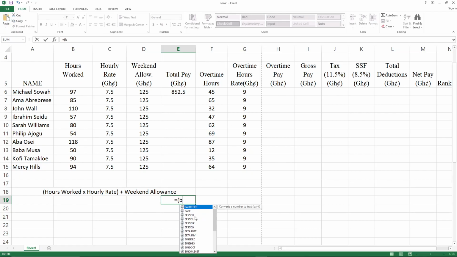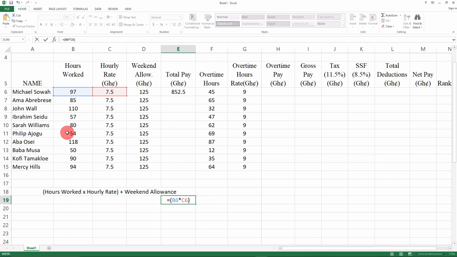So B6, let me make it cap B6. Okay, you see that it has highlighted. Okay, so B6 times C6, the 7.5 for Michael Sowa. Yeah, so times C6,